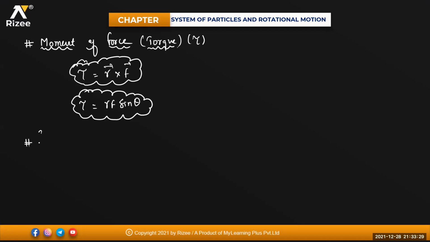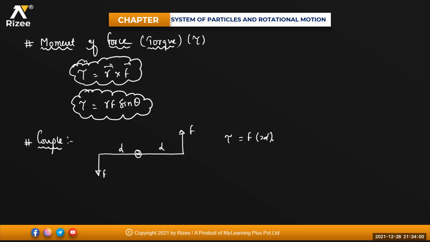In this one more term we'll need to remember, that is nothing but a couple. Couple is nothing but a pair of forces, beta. Like say on this particle, there is one force acting in this direction and one force acting in this direction. Say, for example, one force is F here, another force is F here, and this is the axis of rotation on which it is moving. This distance, if it is D, this distance is also D. So torque acting on this one will be equal to F into 2D.